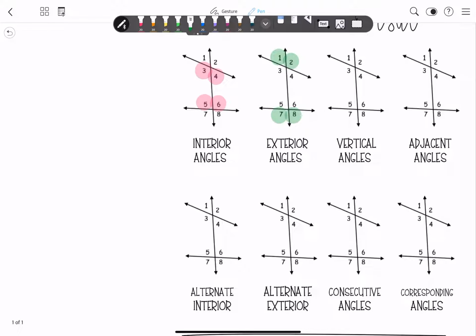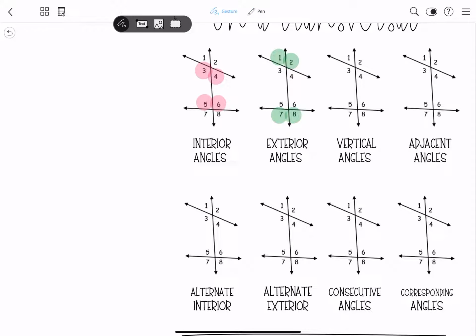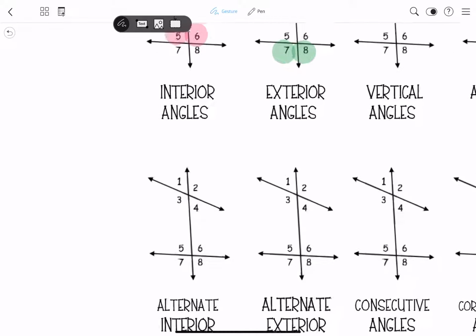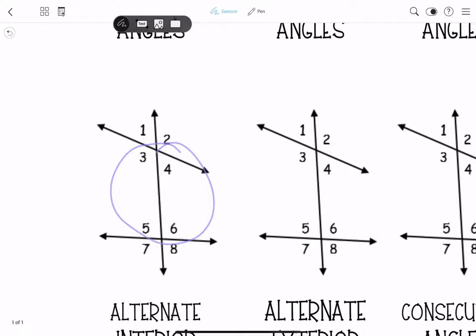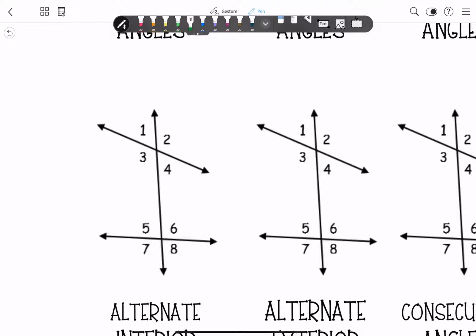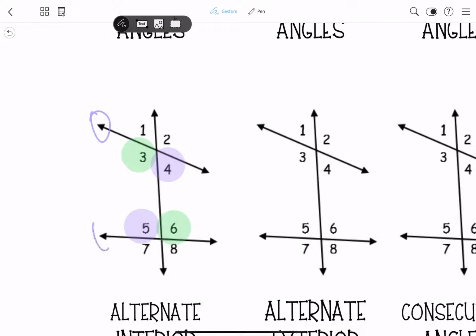All right, and now we've got alternate interior and alternate exterior angles. So there's specific types of interior angles. Now you know that our interior angles are 3, 4, 5, 6. So we're working with just 3, 4, 5, 6. And alternate means that you're going to be essentially across the transversal. If these lines are parallel, then 3 and 6 would be congruent. 5 and 4 would also be congruent if these two lines right here that are being cut by our transversal